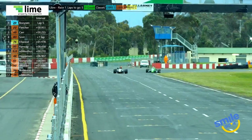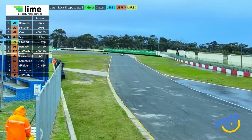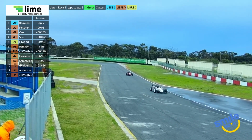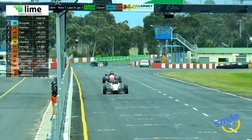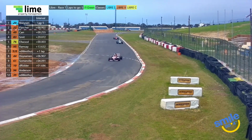Did Nick van der Westhuizen get going again there? He did. He's going down the back straight right now. He managed to get it up and running. That was a bit of a dangerous spot to be spinning in, but he got it back underway, and there he is. You can see him just with Udrik Haysalmon behind him. And they'll come to the line. Haysalmon, I'm sure, will want to try and battle van der Westhuizen at the moment, but we jump back to